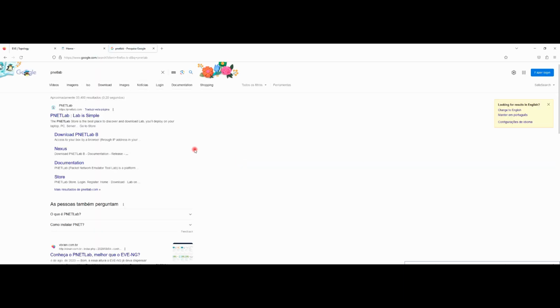PNetLab is exactly like EVE-NG, and I use that also. It has some other features that maybe